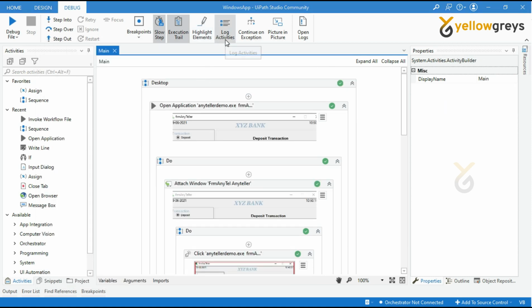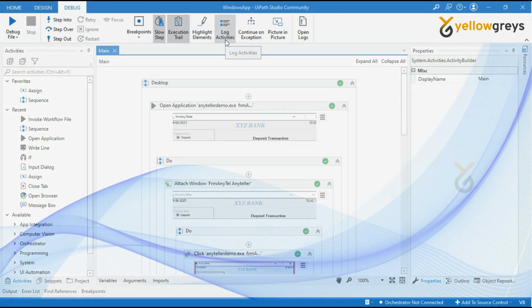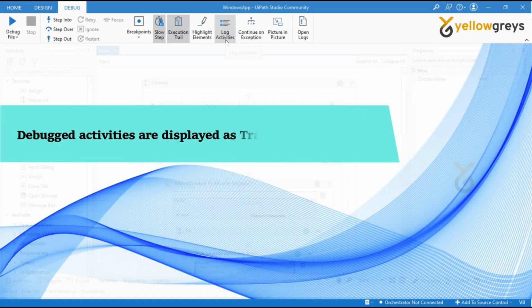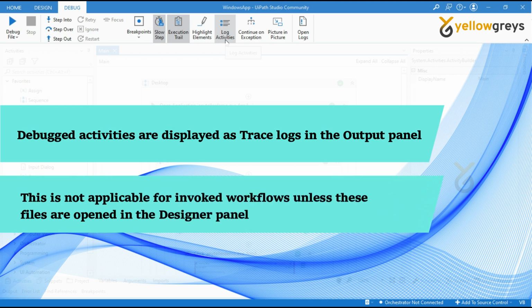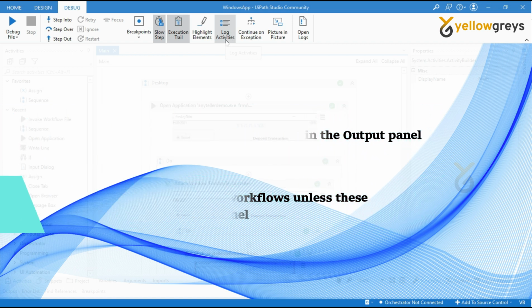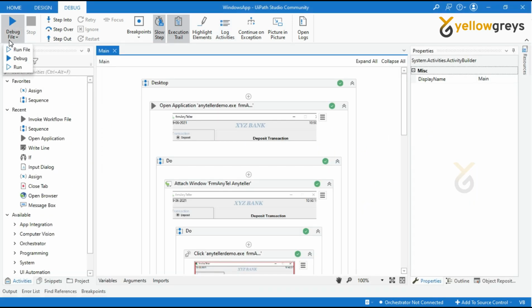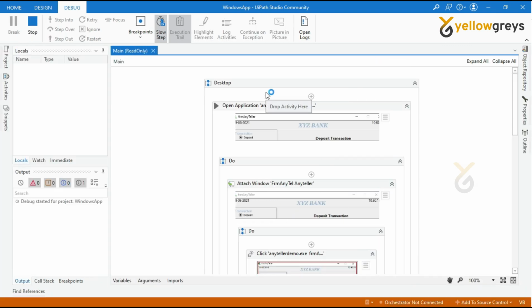Let's move to the log activity option. Log activity is used for debugging. Activities are displayed as trace logs in the output panel. This is not applicable for invoked workflows unless these files are opened in the designer panel. Let's execute the process without enabling the log activity option to see the difference before and after. The process has been started.